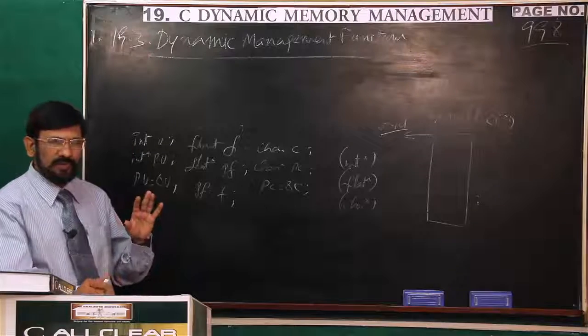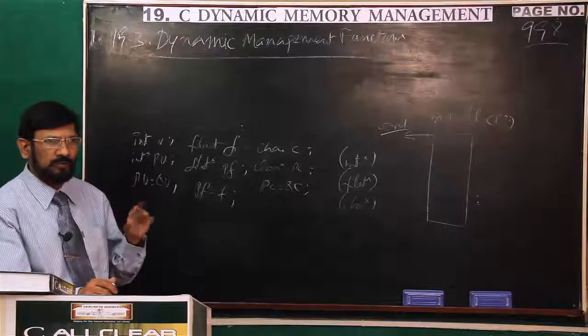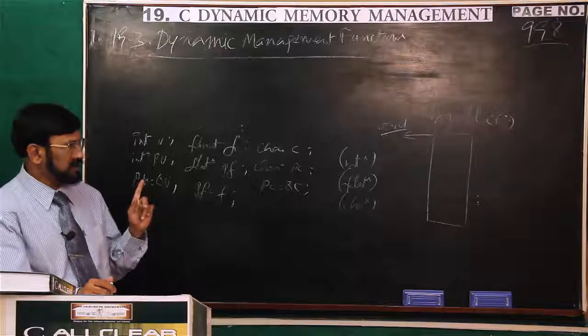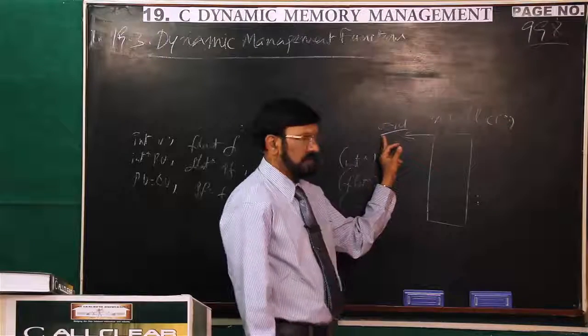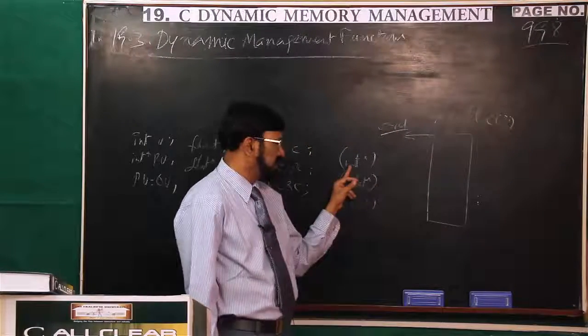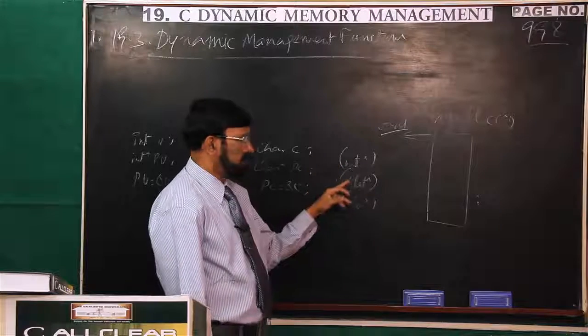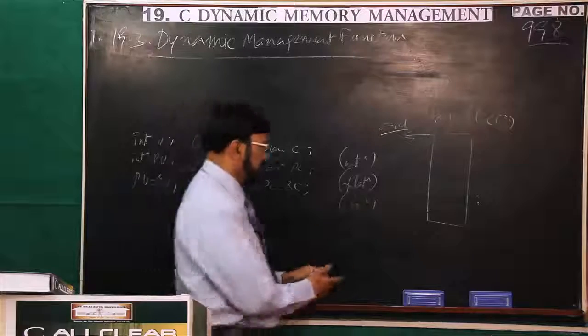So here, don't have any confusion. A pointer is always an address. Why should it be float type, char type and all that? That question you don't raise. Already in the pointers chapter I explained. The same concept we extend here. It returns a void pointer. That's why if you store integer data, you typecast it as integer type. If it is floating point, typecast it to float type. If it is character type, typecast into character type.